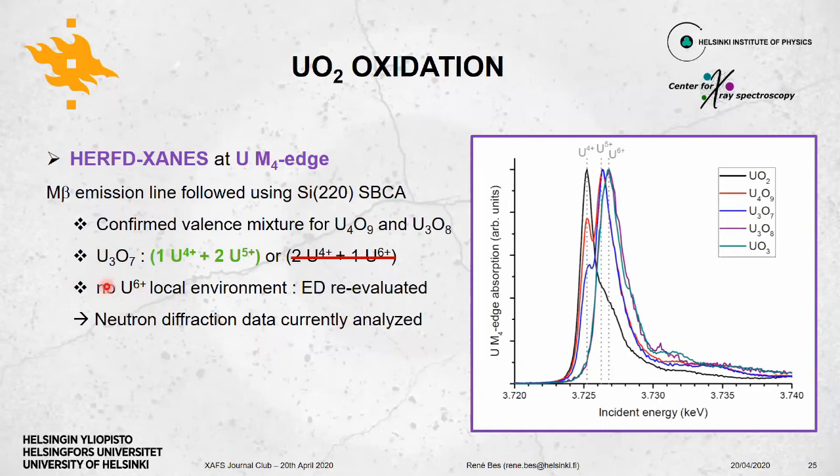Sorry. So the fact that we observed no uranium 6+ local environment in this compound using HERFD-XAS means we need to reevaluate the electron diffraction results in this sample, because we assumed at the beginning that there were short bonds in it. In addition, neutron diffraction data are currently being analyzed in these compounds in order to better understand the structure